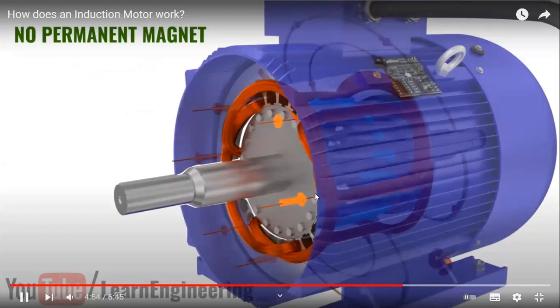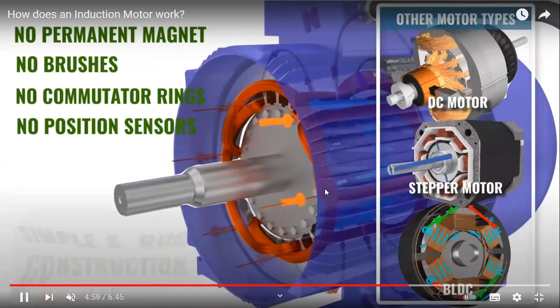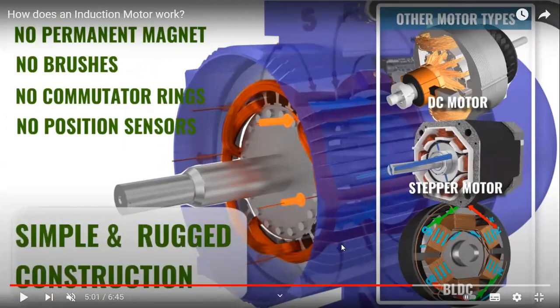Now I will discuss why the induction motor is so widely used. One by one I will discuss. In the induction motor, no permanent magnet is there. In a DC motor, especially a small DC motor, we use a permanent magnet, but in the induction motor there is none. If we put a permanent magnet, then over time the magnetic property of the permanent magnet gets lost, and the efficiency of the motor